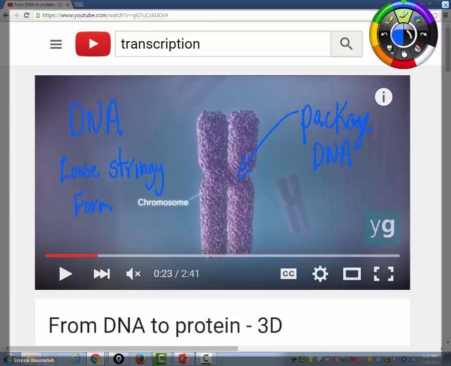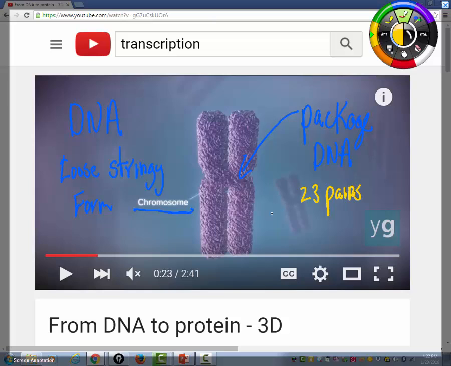The packaged DNA are called chromosomes, and we as human beings have 23 pairs of chromosomes. You get 23 chromosomes from your ma, 23 from your dad, and when they come together, you have 23 pairs